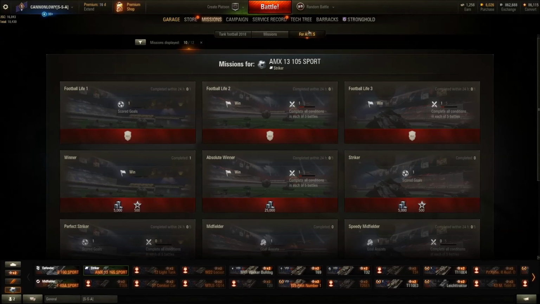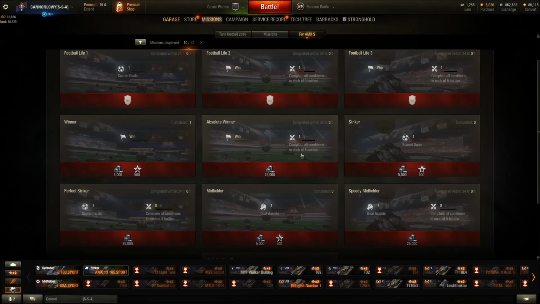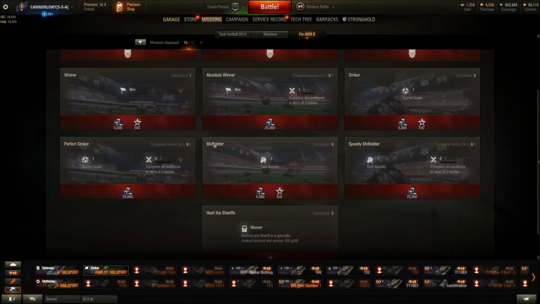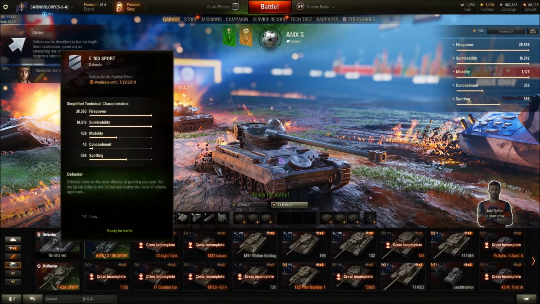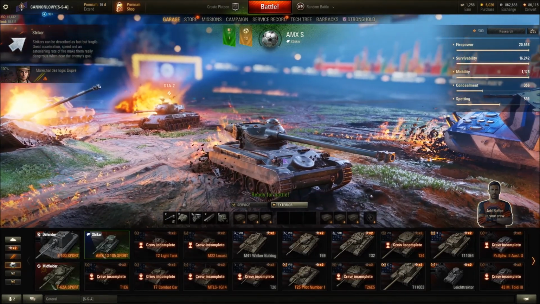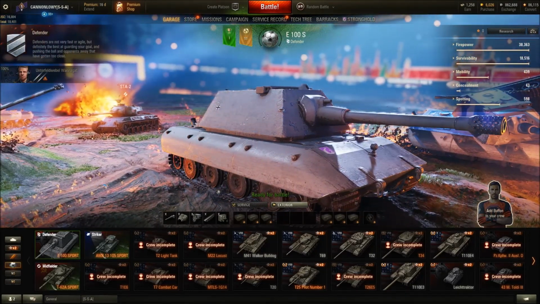For the AMX. Okay. Score 1 goal, win 3 times, win 5 times, win 5 times, yeah. So basically it's all about playing it a lot, I guess. And then you'll probably get him pretty easily, I would say. Of course, this is my first time actually playing it, so I really have no idea how difficult they are, but let's play one battle in the E100